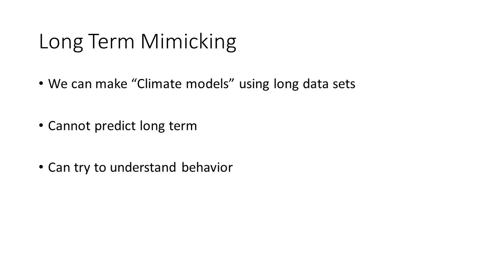The other is understanding the behavior of these chaotic systems. With this Belousov-Jabotinsky reaction, it has a dependence on what its initial conditions were. We can try to make what are called climate models of these very long data sets that we have to try to understand better the mechanisms by which this chaotic system is behaving. We can't predict long-term what's happening. It'd be like me trying to give you a day-by-day forecast of the weather 2 months in advance, and you shouldn't trust me if I told you what that was.